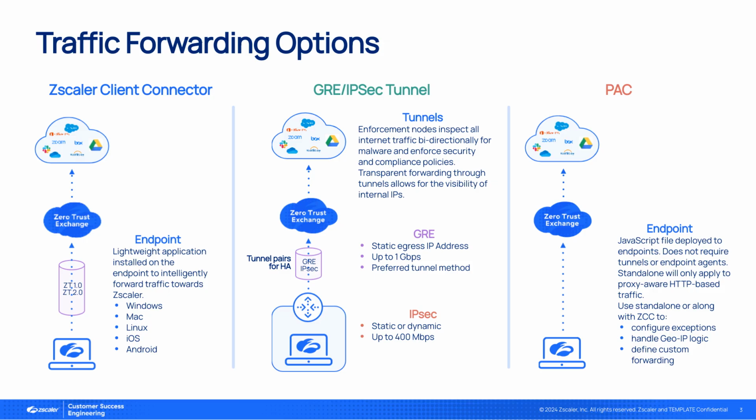GRE and IPsec tunnels are transparent proxy tunnels which can be set up at known locations such as a campus or branch office. These locations have fixed infrastructure but might use commercial or commodity internet connections. This is the recommended method for forwarding location traffic to the Zero Trust Exchange. Zscaler recommends that you build tunnels from a network device that is inside your NAT firewall. This will give Zscaler visibility into your internal IPs, which will allow for significantly improved reporting and the ability to set policy by subnet for traffic types that cannot use ZCC, such as OT and IoT, workload traffic, and guest